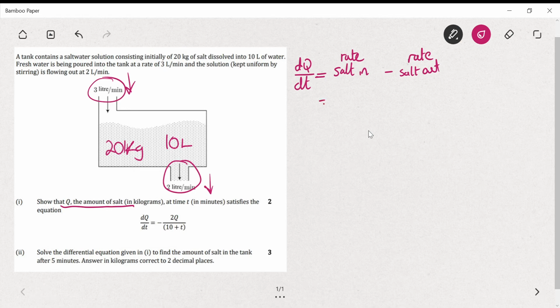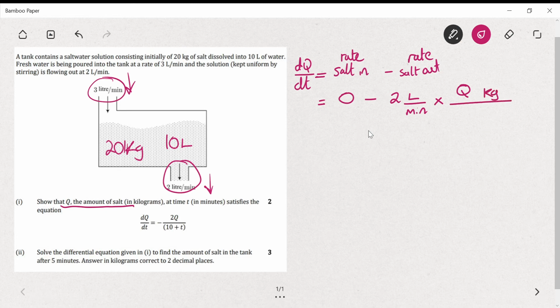So there's no salt going in, minus. Now the rate at which the salt is going out, that's interesting, because we've got 2 litres per minute of, now there's Q kilograms